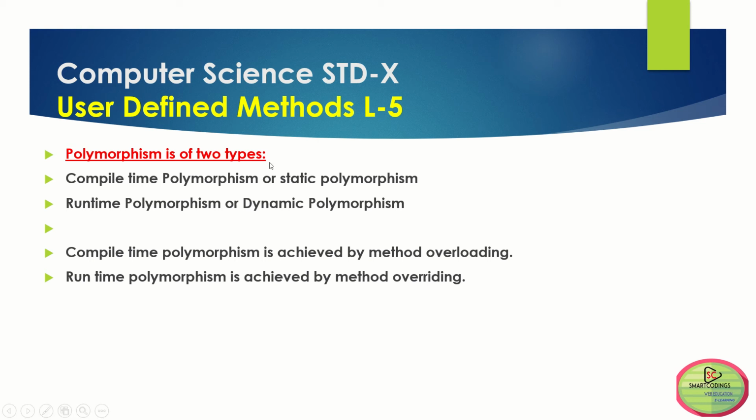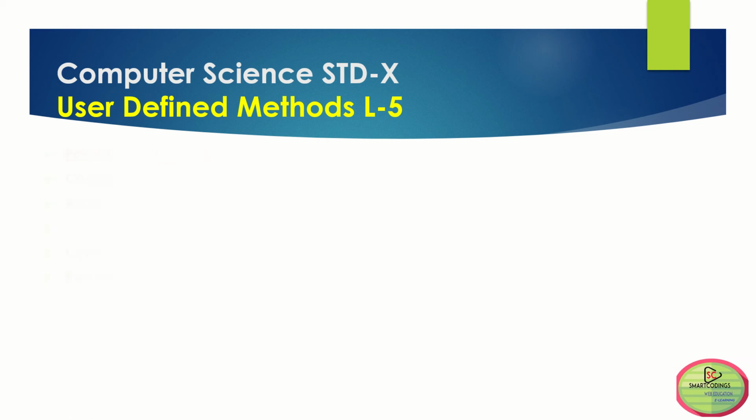So in polymorphism, compile time polymorphism is also known as static polymorphism. One more name is early binding. Why early? Because compilation comes first, then the execution phase comes. Runtime polymorphism is known as dynamic binding. So compilation is the first phase of programming, so it is also known as early binding. In the book, this one more name, early binding, is written. Now let us move on to the next one.